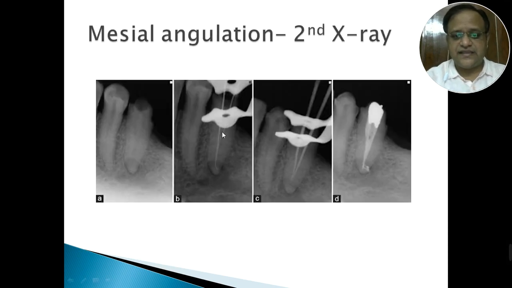Similarly, in this case, if you see that we have taken a radiograph, there are 2 canals, but they might have different portals of exit. So one portal of exit is here, another is stopping here. Once the obturation was seen, you can see some radiographic material extending here. That means if we don't have the knowledge of the anatomy of the canal, and we don't take multiple radiographs for understanding the anatomy while taking working length radiographs, we might miss out on major anatomy that might lead to the failure of the case, or the treatment will fail in a certain amount of time.